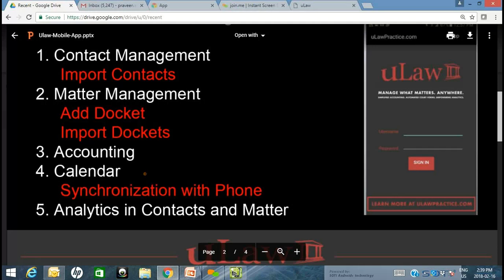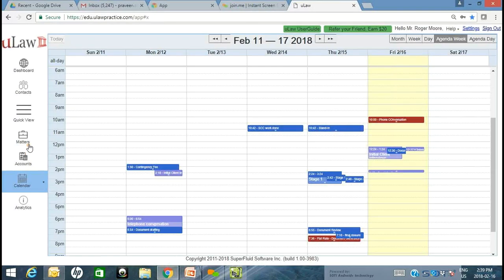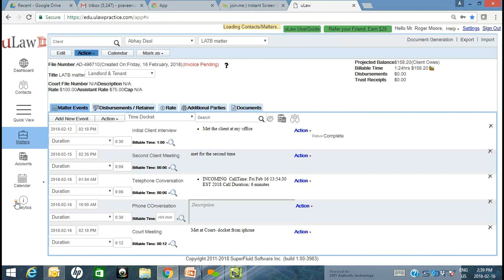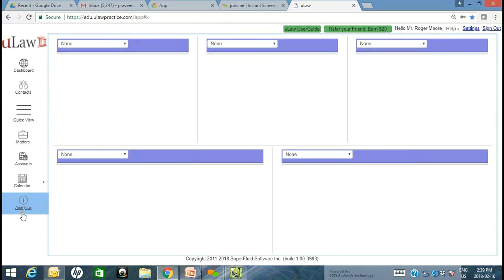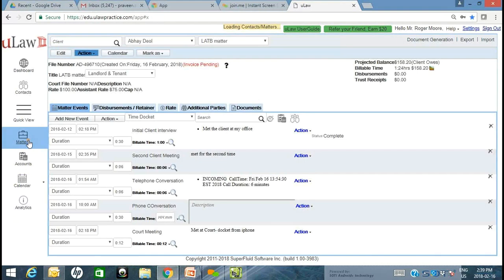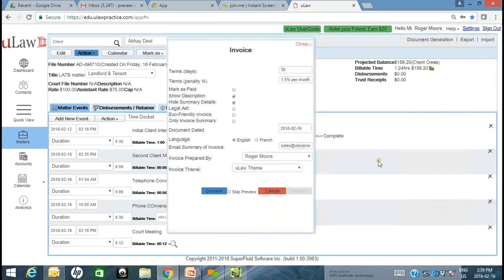Alrighty then. And the last but not the least is really the analytics within the contact and the matter, right? So if I were to quickly jump in, and it's not as powerful as the full capability of our analytics engine that we have here, but these are quick pieces of information that are very meaningful and just in time. Okay, that's available to you even on your phone's app. So if I went ahead and generated that invoice, okay, let's say your assistant did this for you. It's about $150 worth of money that can be made. Once that has been invoiced,